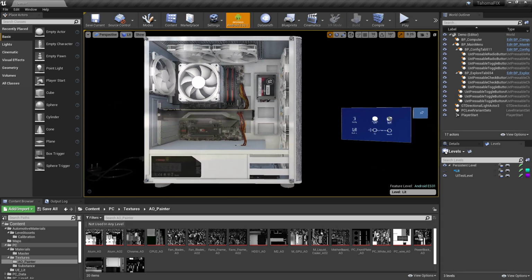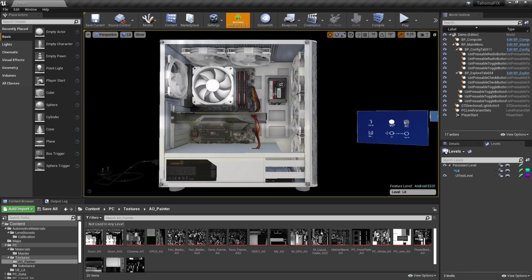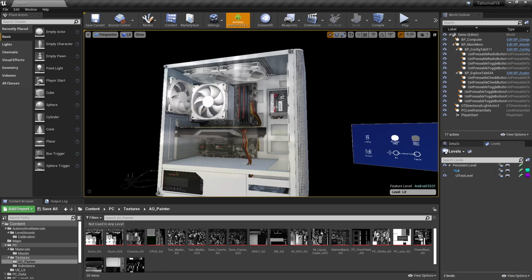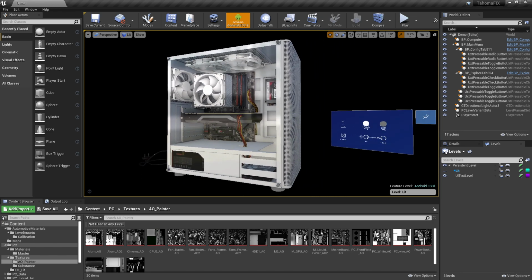One thing to keep in mind when you're working with the additive display, I think I might have mentioned this before, but if I didn't, you're going to want to make things a little bit brighter than you normally would. Blacks are going to read as transparent, so those are going to need to be lifted a little bit. So just keep that in mind when you're doing your look development work in the actual editor.